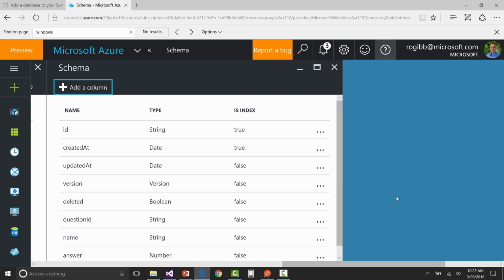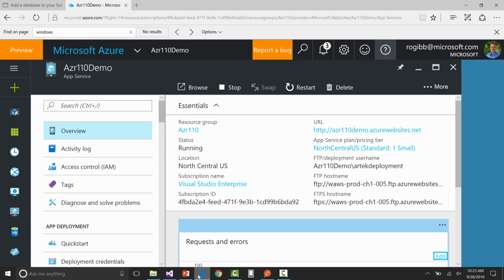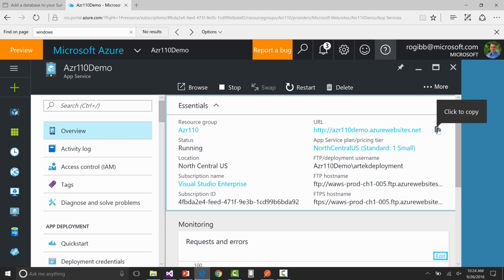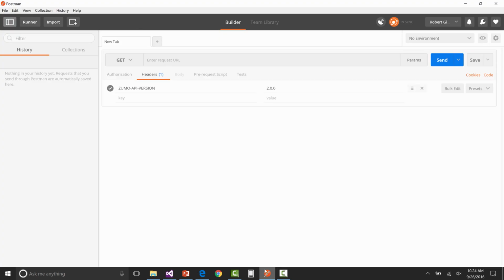And at this point, we actually have a mobile API that is going to respond to our requests. If we go back to our mobile app, we're going to get this URL here, and we'll copy that. I'm going to use Postman for this. I'll come back and I'll paste that in, and then we're going to go to